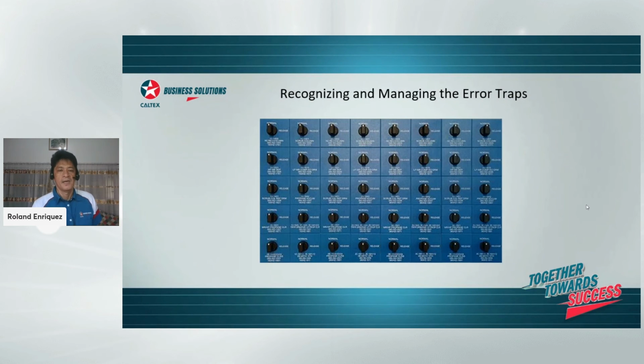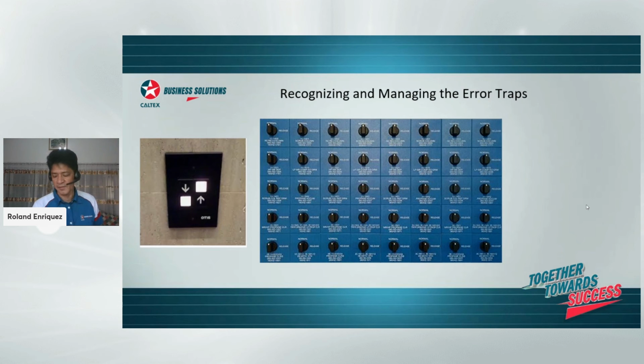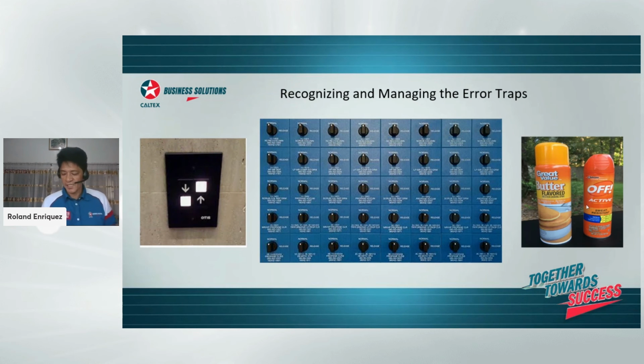Okay, so this is another error trap, right? Anybody can press the emergency stop button here, assuming it's an emergency. Do you think you can easily identify it? Okay, so these are just a sample of error traps. On the left, which one do you think is going up or going down? Assuming you are in an emergency, right? Going to the hospital and you press the wrong button. Okay, so these are samples of error traps that will make the people, the imperfect people, commit more mistakes.